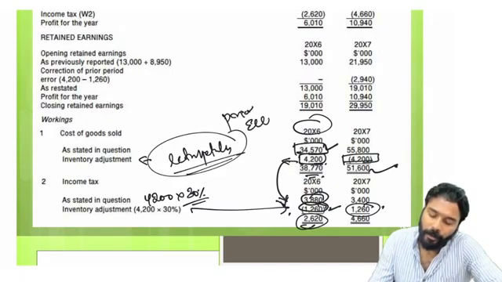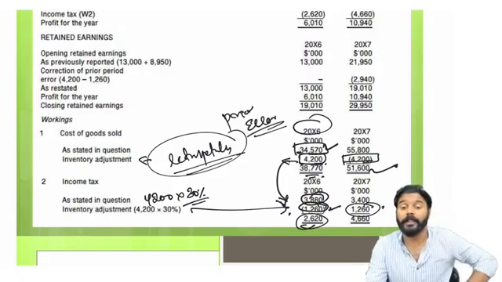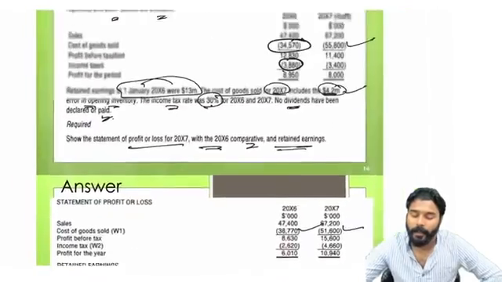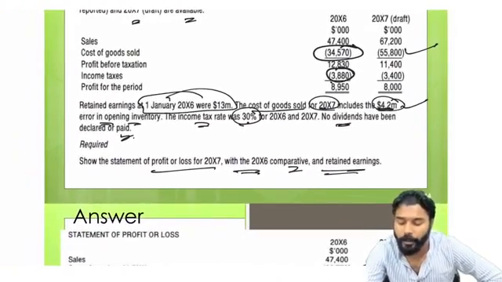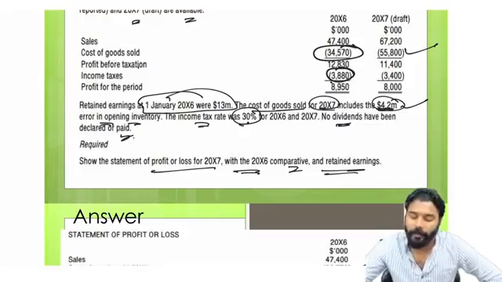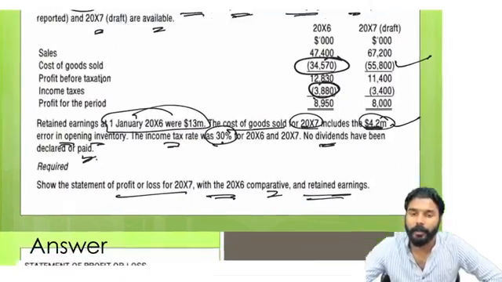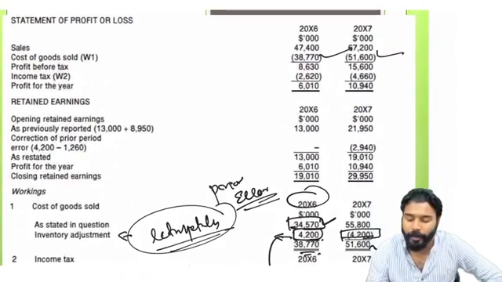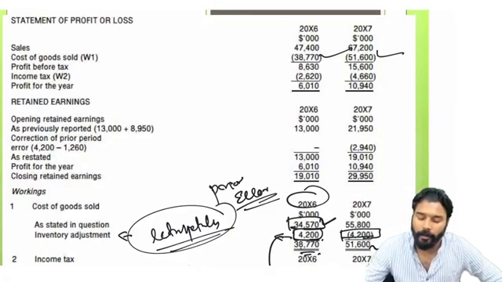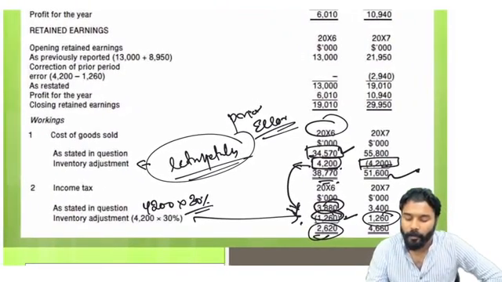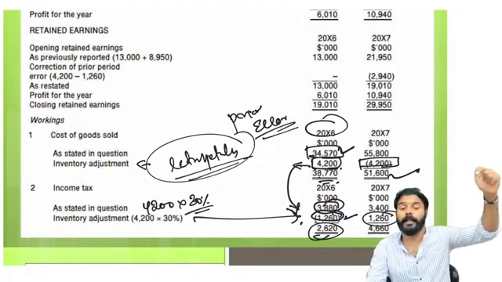If there is a prior period error, we should make the changes retrospectively at the earliest possible date. So here again I will explain, the inventory was wrongly included, 4,200,000 in the opening inventory of 2086. So we will deduct it from the opening inventory. 55,800 will get deducted and will get added to the last year's closing entry, that is 34570. To it we will add back this 4200. Then finally you will get the new cost of goods sold, and one more thing you have to do is this: whatever inventory you have included in 2086, as a result our 2086 tax will go up,